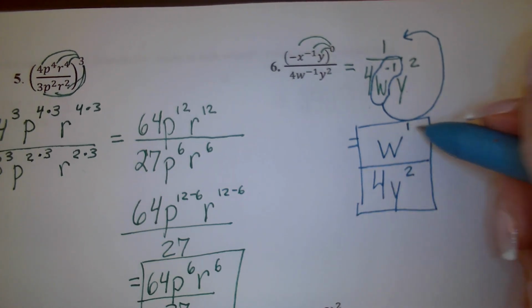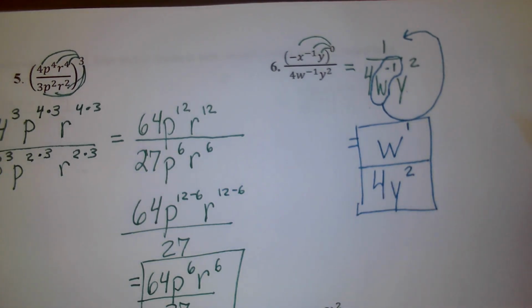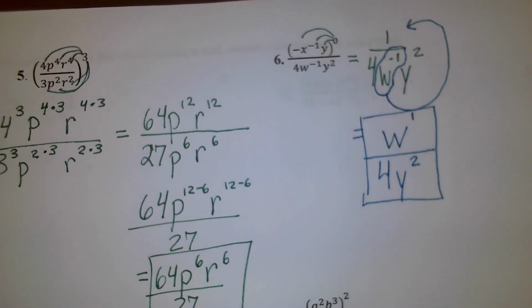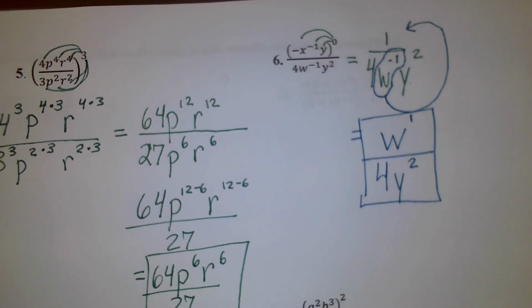Now we would rewrite this without the first power when we simplify it. But I want to point out that the only thing that moves is the base that's attached to the negative exponent. Okay, so that's why we pulled out the w and put it on the top to get rid of that